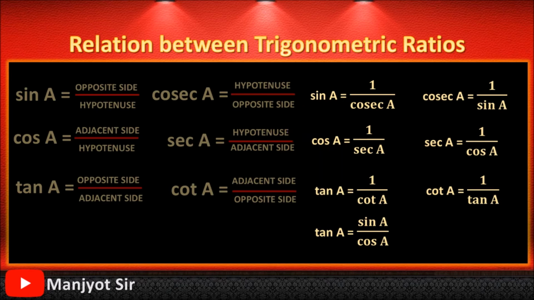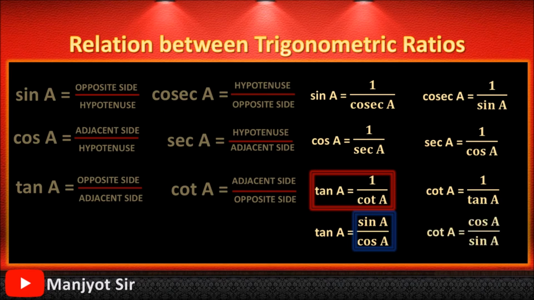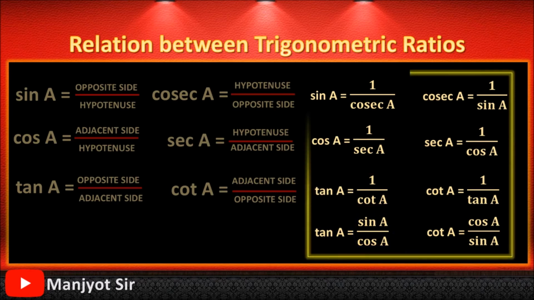Now if you observe here, tan is equal to 1 upon cot. That means cot is reciprocal of tan. That means if we flip this sine and cos, it will be cos upon sine. So since tan is equal to 1 upon cot, if we want cot, cot will be equal to cos upon sine, that is reciprocal of tan. I hope you are clear with all these 8 relations between trigonometric ratios. Remember all these 8 relations, they are very important. They are used in many sums in 9th standard as well as in 10th standard. If you want, you can take screenshot of this page also, relation between all trigonometric ratios.